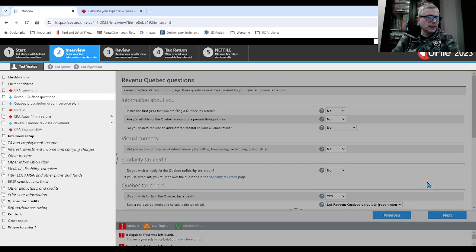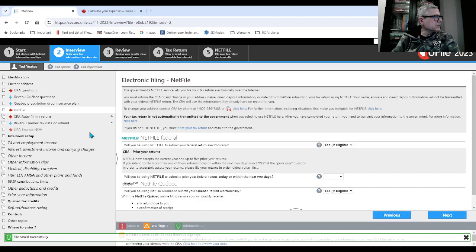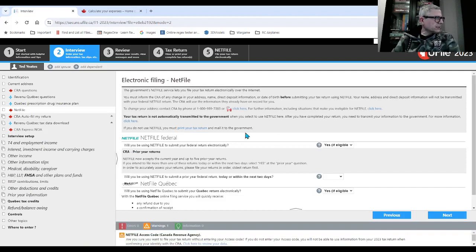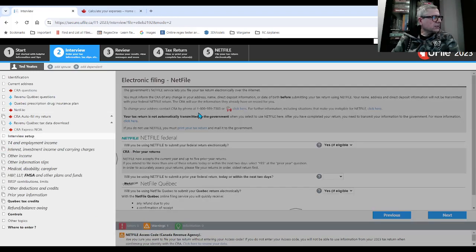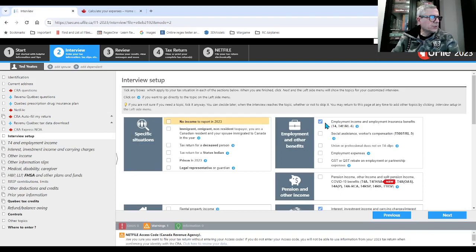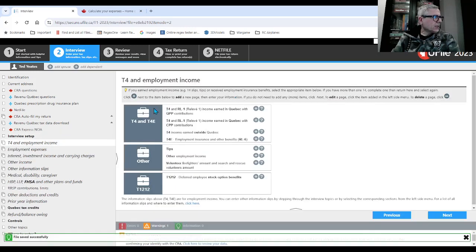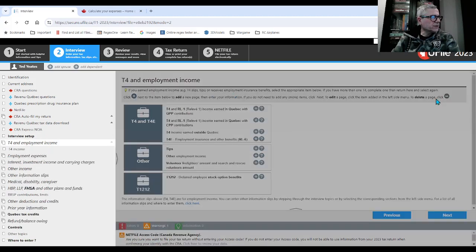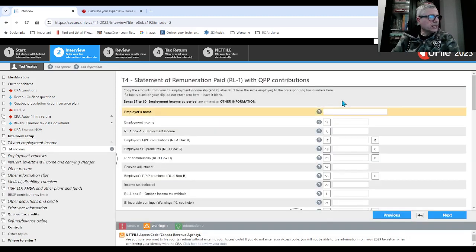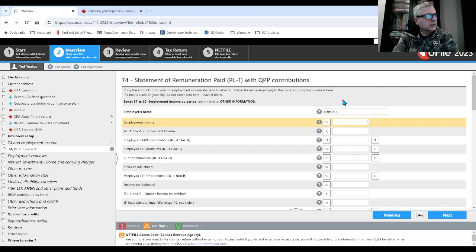Every time you press next, the tax return actually saves itself, as indicated down here. All right, so we're on to the meat of the situation, the nitty gritty. So we have T4 already ticked, and then we'll go for employment expenses. Next, let's enter a T4, and let's say this fellow has modest to high income. He works for Canco A, and he made